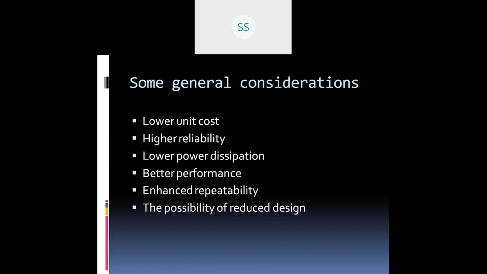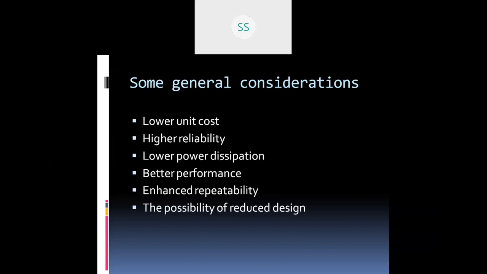Now, some general considerations apply when we go for the subsystem design processes. So, if your microcontroller is a system, then the ALU, control unit, memory, or IO unit can be thought of as subsystems. So, a whole system is built using the design of these subsystems. Then what are the general considerations to be taken into account when the subsystem design process is done?